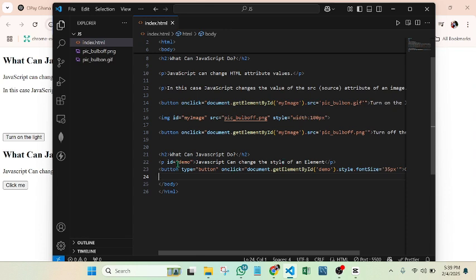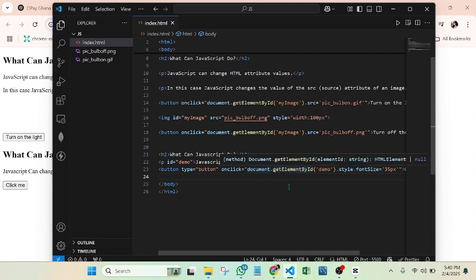Okay, so for us to use JavaScript in this code, we need a button element, because a button element will allow us to embed JavaScript code in an HTML element. So below this paragraph element we have a button element again, and the button element takes a type of button. Again, it takes an on-click event, which is equal to an object called